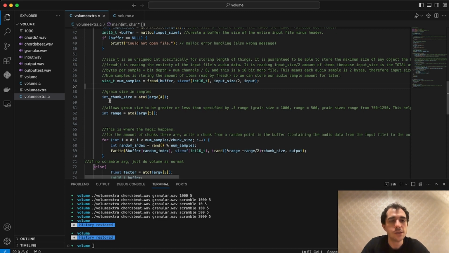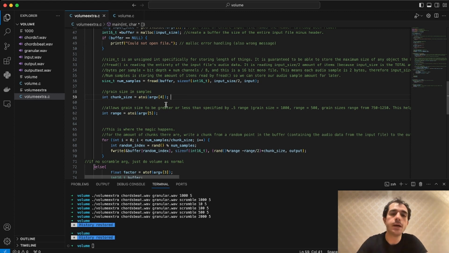All right, so now we have an integer called chunk size. And this is something the user is going to specify. And this is the amount of samples that we want to rearrange at once. If our chunk size is 1, we're going to take every individual sample and randomly place it somewhere else. If our chunk size is 1,000, we're going to take a chunk of 1,000 samples and put it here, and then another 1,000 and put it here. So this is just going to change the sound pretty drastically, and it's just a parameter that the user can